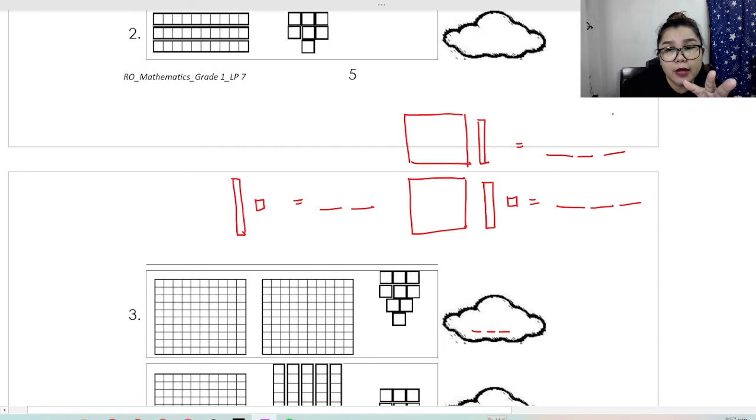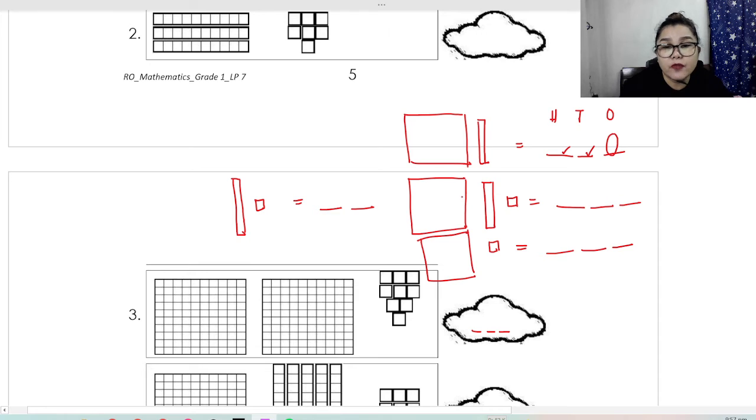So, we have ones, tens, and hundreds. So, it needs a 3-digit number for your answer. Also, if there are hundreds and then ones, it still needs a 3-digit number. So, ganito yan. If there are hundreds and tens, this has a number, and this is 0, kasi wala naman ones. And if you have hundreds, longs, tens, and ones,